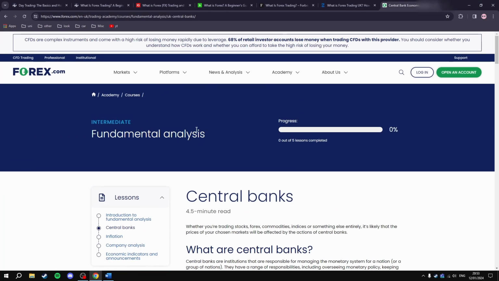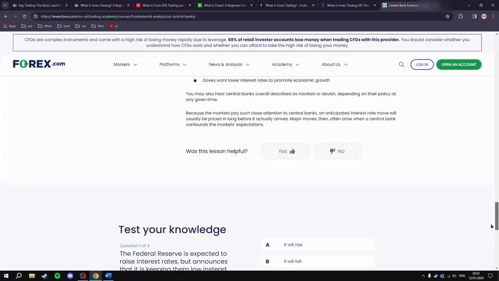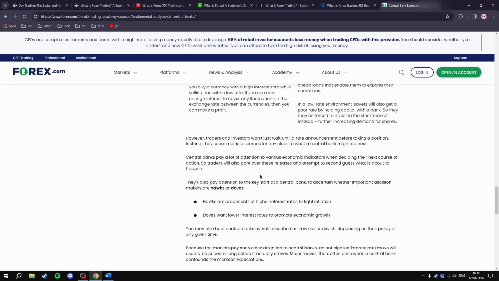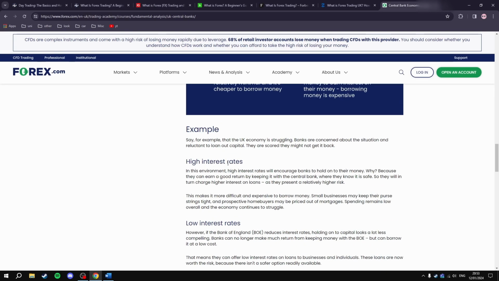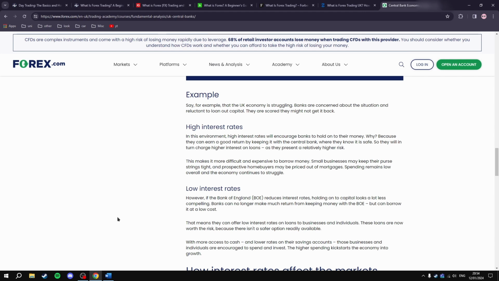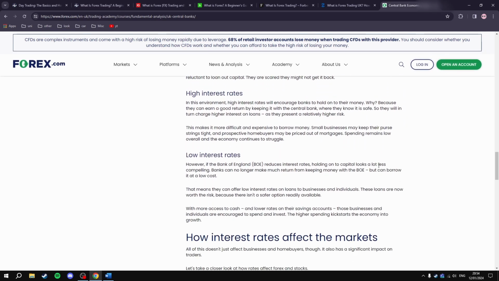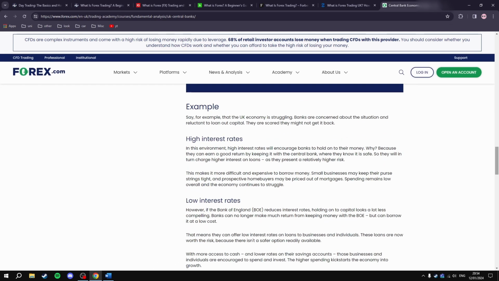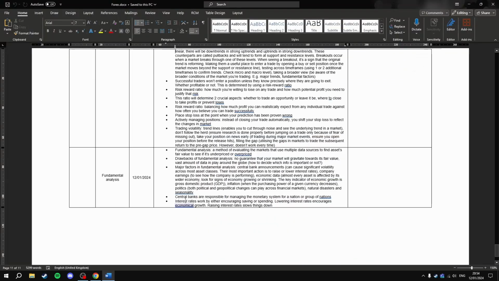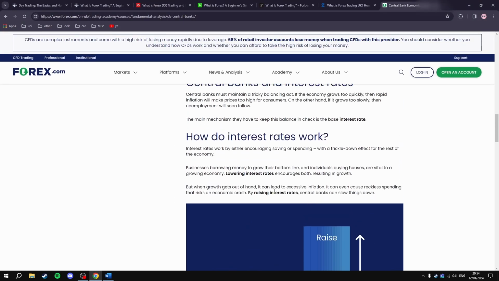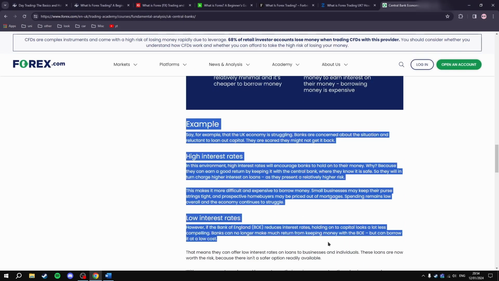So in the last video we went through the central banks lesson on the fundamental analysis course on forex.com. We did manage to read through all of this page, but at the end bit here, I think it was done in a rush basically. It was just me reading them through and not really soaking in anything, so at the beginning we're just going to reread through this again so that I can get a deeper understanding of what's going on. The notes we made up to last time: raising interest rates slows things down, which is the bit here. So we're now on this bit here.